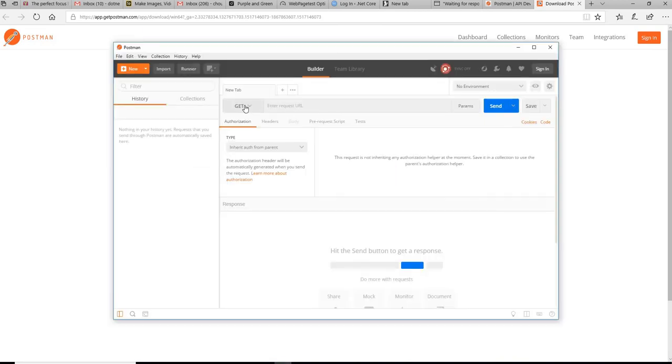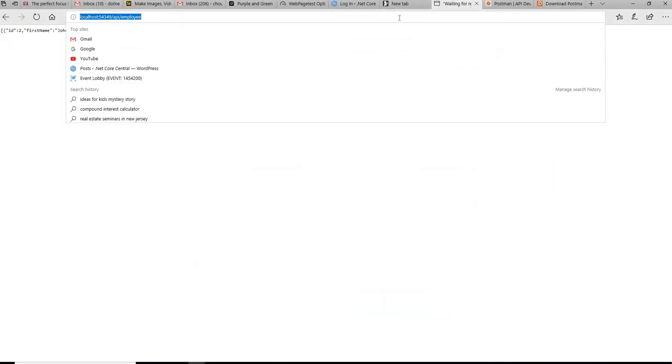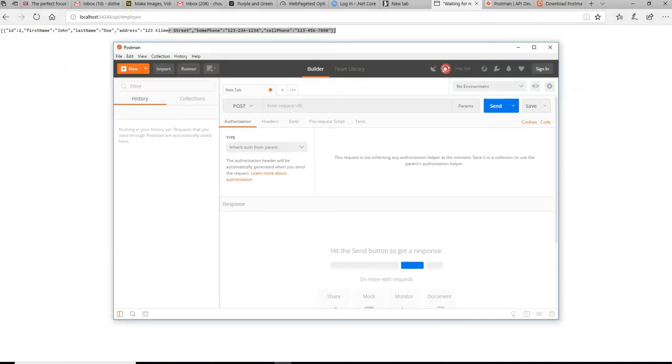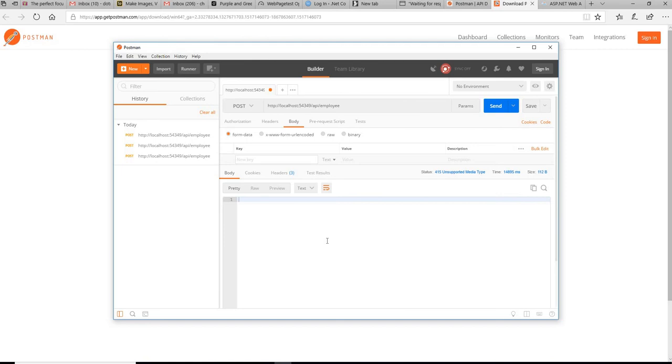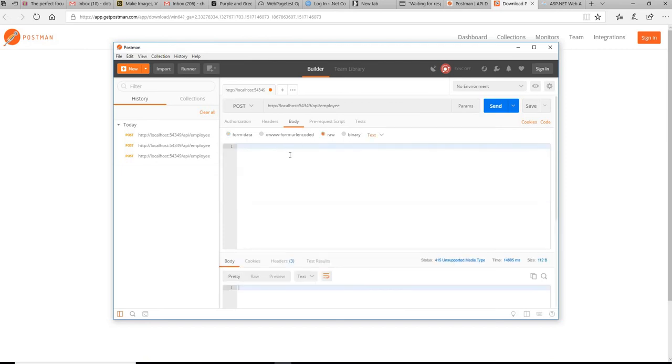Now that Postman is up, I'm going to create a post request, and I'm going to provide my employee URL. For posting the object, I'm going to pass the JSON into the request body. For that, use first name,